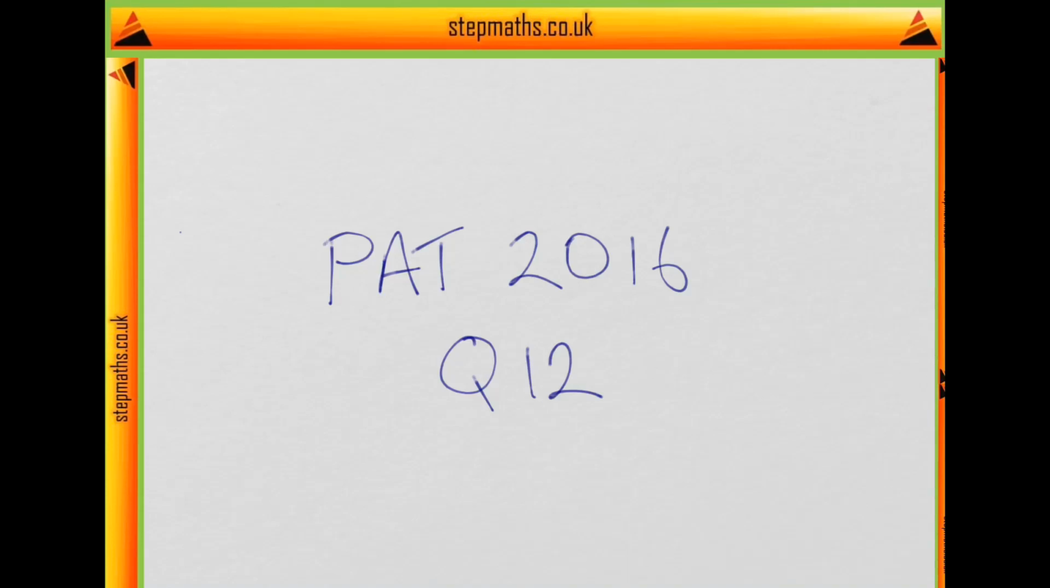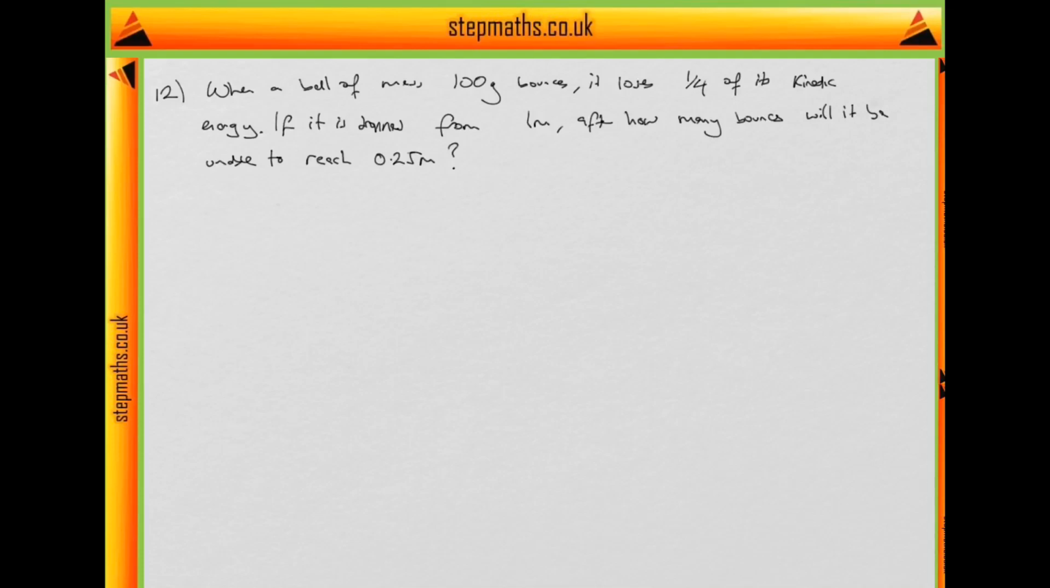Hi, today we're going to look at the PAT 2016 paper going through question 12. In question 12, we're told that a ball of mass 100 grams bounces, and that whenever it bounces it loses 1/4 of its kinetic energy. And we're asked if it's dropped from 1 metre, after how many bounces will it be unable to reach a